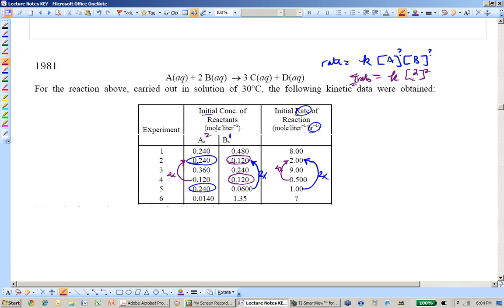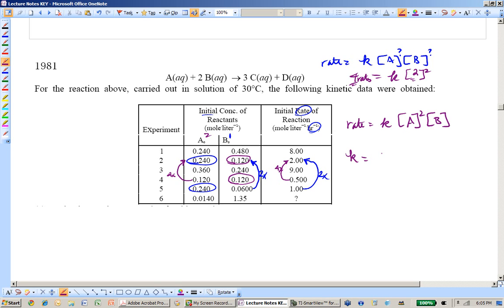So the next thing we would be asked to do, you can just bet these all follow the same recipe. We're going to be asked to write the rate law. Easy enough. Rate equals K. They all start that way. Don't forget the K. That's why I like to write it in the table too, because now I just look at it. A we determined was second order, B is first order, and then they want me to solve for K, so K is going to be, with proper units by the way,